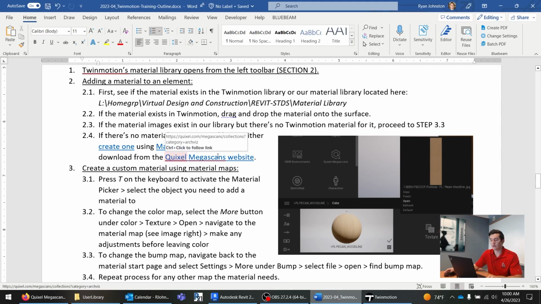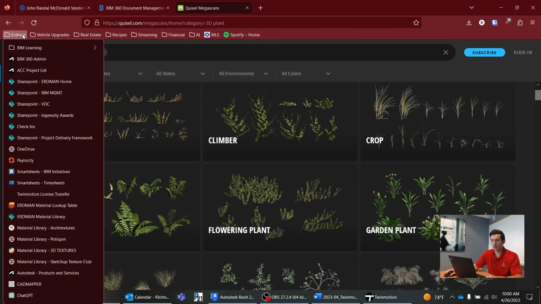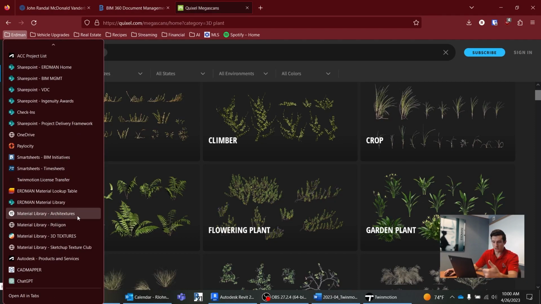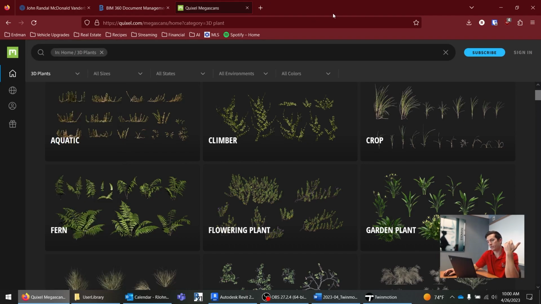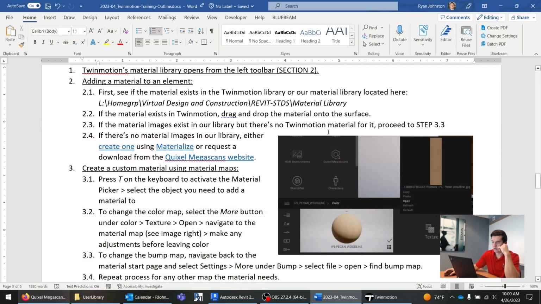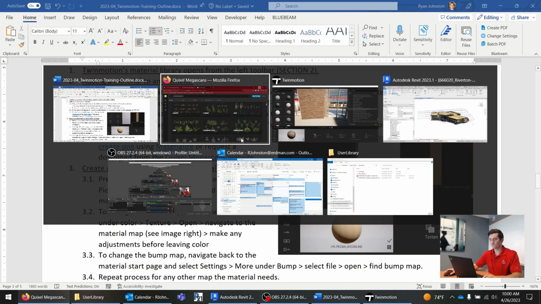And then the third option, we can also just download some maps from a website. I have a few. Mine are Architextures, Poligon, 3D Textures, SketchUp Texture Club. There's a ton of them online. Some of them are paid, some of them are free. You can also get maps like that. When you get the maps,